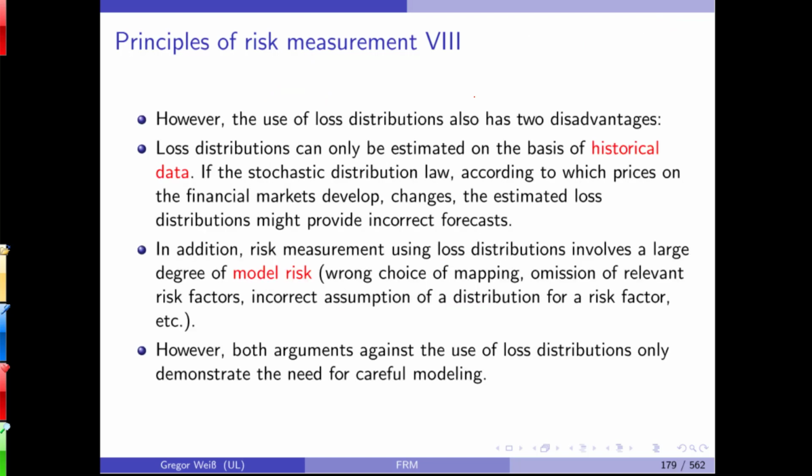However, you have two disadvantages. First, you need to choose the right model, whether it's a Gaussian distribution, a Student's t distribution, a Pareto or exponential distribution, etc. However, that only tells the risk manager, choose wisely. You need to care about model risk. Second, you need historical data to estimate the loss distribution. If you have no data, if you have garbage in, garbage will come out. So the disadvantages of using loss distributions are no real disadvantages, but only reminders to be careful about model risk when it comes to data and choosing the right model.